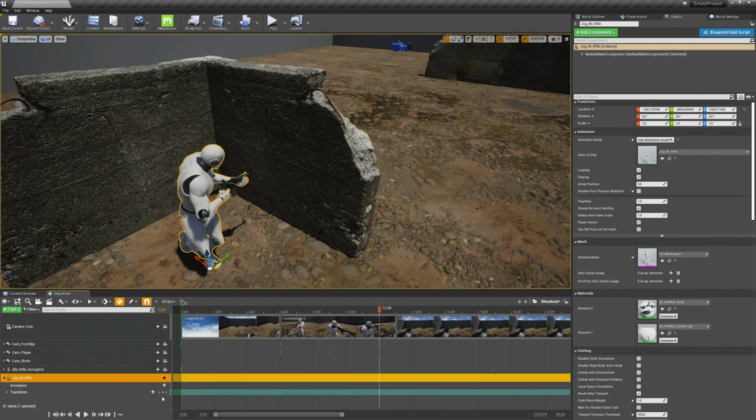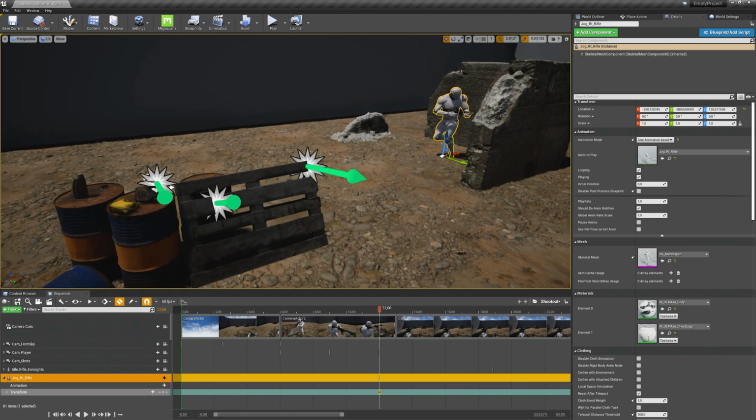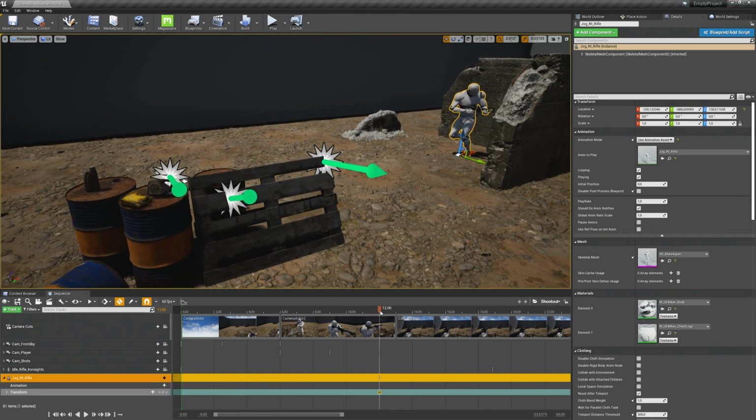Also define the transform keyframe at the 12-second mark. And then this guy should move in about, let's say, 15 seconds. So he has 3 seconds time to go behind the cover. Let's see how it looks.